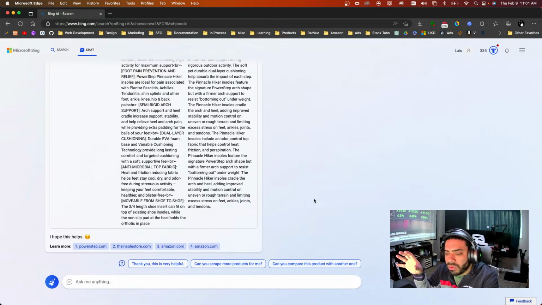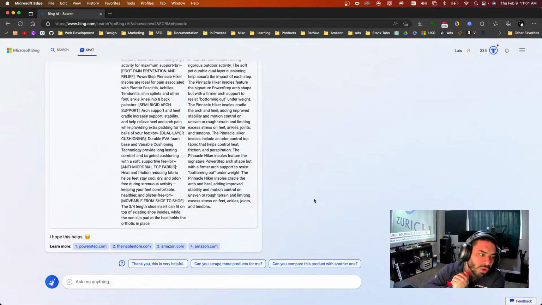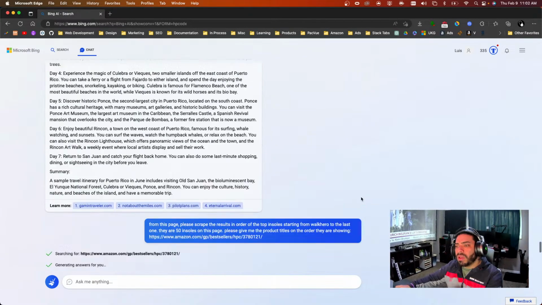Sometimes it says no, I'm not able to do that, I can just help you with search results. But I guess they're preventing that because they're getting a new tool called Compose that will be made for that purpose. So I'm excited to see what else we can do.